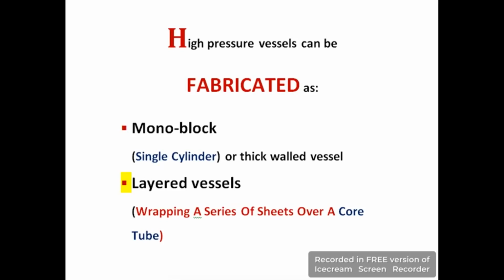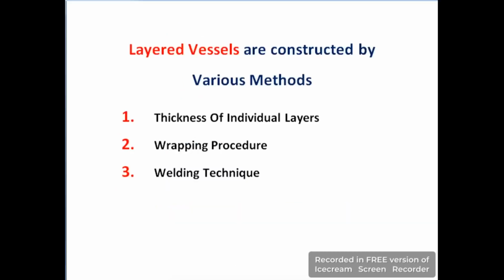Fabrication of high pressure vessels consists of two types. The first one is monoblock, and in this type the high pressure vessels consist of a single cylinder, and these cylinders have thick wall. The second are layered vessels, and these are formed by wrapping a series of sheets over this single cylinder. High pressure layered vessels are constructed by various methods like thickness of individual layers,